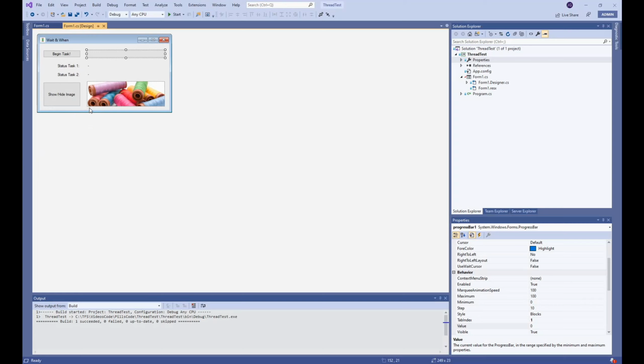This program simply has a button that launches two tasks. The tasks have different times to finish. The program also has a progress bar and a button to allow us to visualize if the main thread is blocked or not, as a result of the use of the WhenAll or WaitAll method.